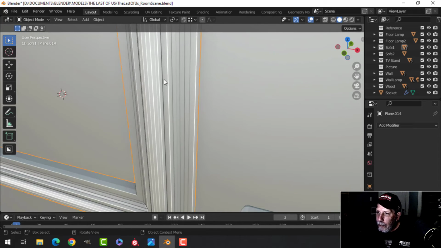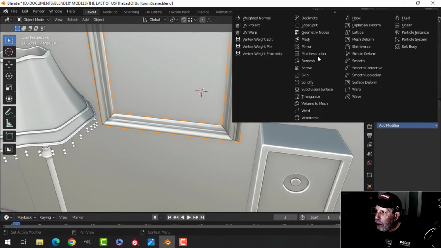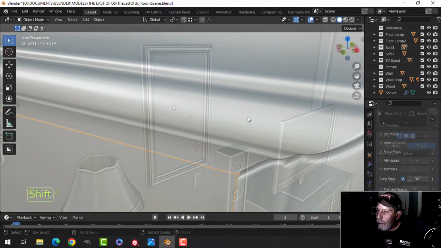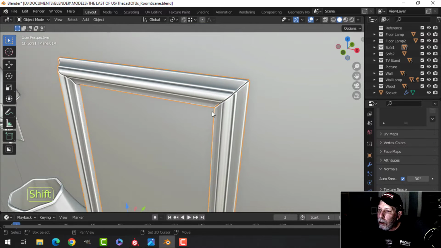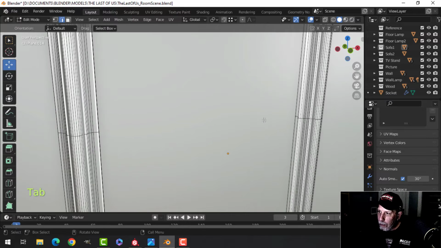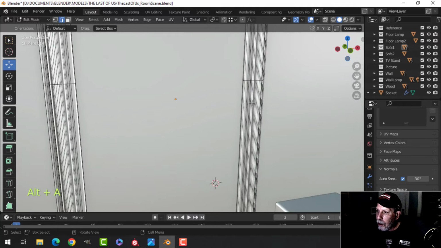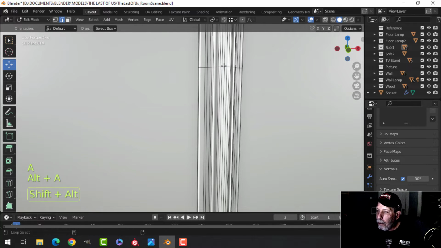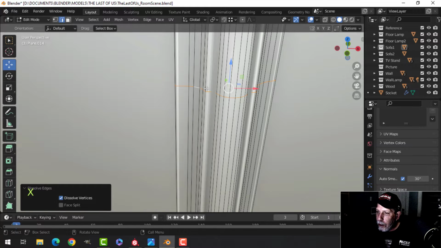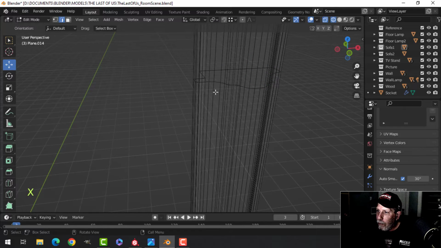And it's like that. Now, if I shade smooth this, it'll go like that. So I'm going to try adding a bevel on here, just like that. And I'm going to leave the ends closed like that so there's a little bit of a gap. Okay, so now with that done, let's come in here and let's Shift Alt and click the edges. I just want to have a look at what I've got here and what's going on with this thing here. It doesn't seem to want to disappear on me, so I'm going to get rid of that face